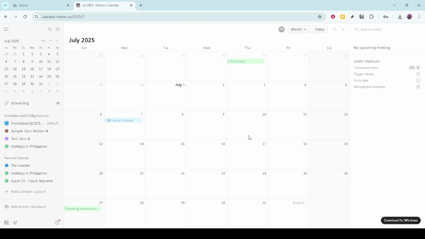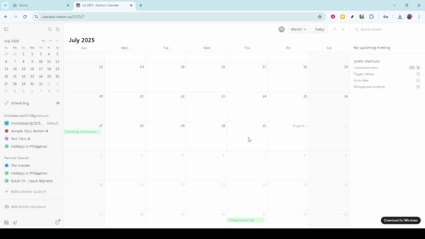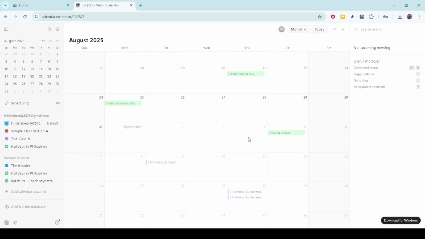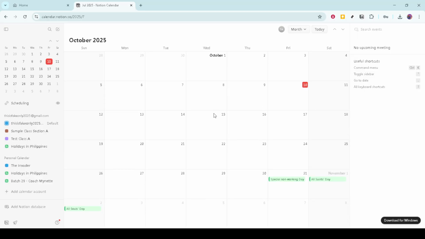of your schedule. After granting access, your Google Calendar events will now begin to appear in the Notion Calendar app. It might take a moment to populate, depending on the number of events you have. So don't worry if it doesn't happen immediately. This synchronization means you'll have a singular view of all your engagements, making it simpler to manage your time and